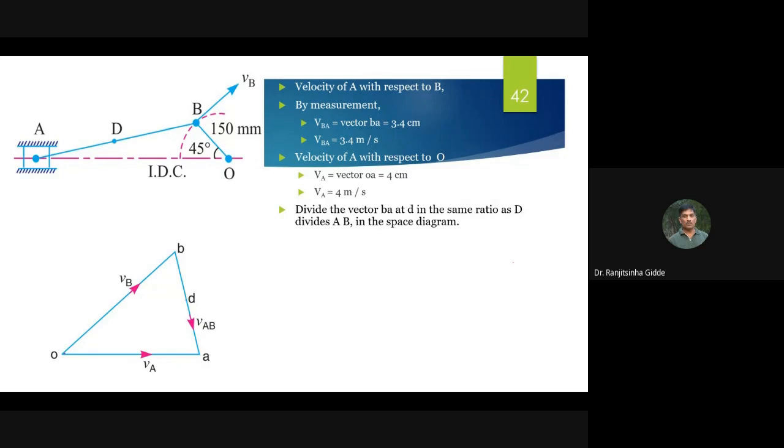Okay. Now I have displayed the slide. So in your notebook, you can write velocity of A with respect to B. So these calculations are required. Next line you can write by measurement VBA is equal to vector ba is equal to